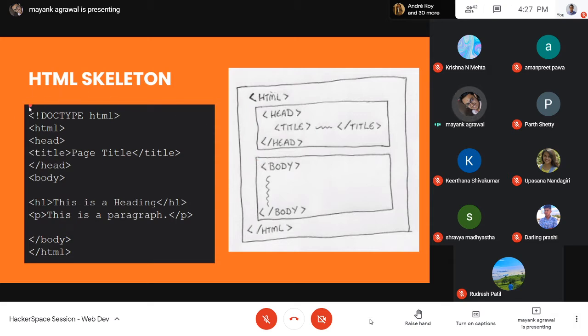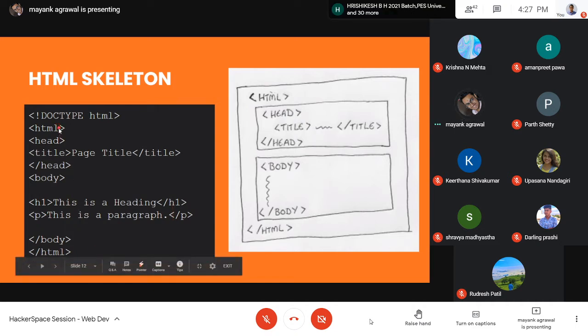This part is the actual code, just a basic skeleton for HTML. You will observe that this closing HTML is somewhat similar to this opening one. The only difference between these two is that there's a forward slash over here.